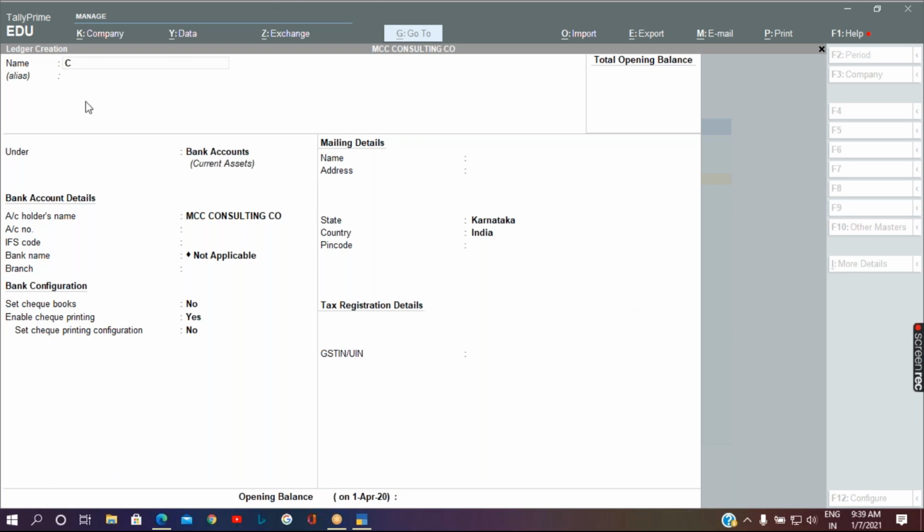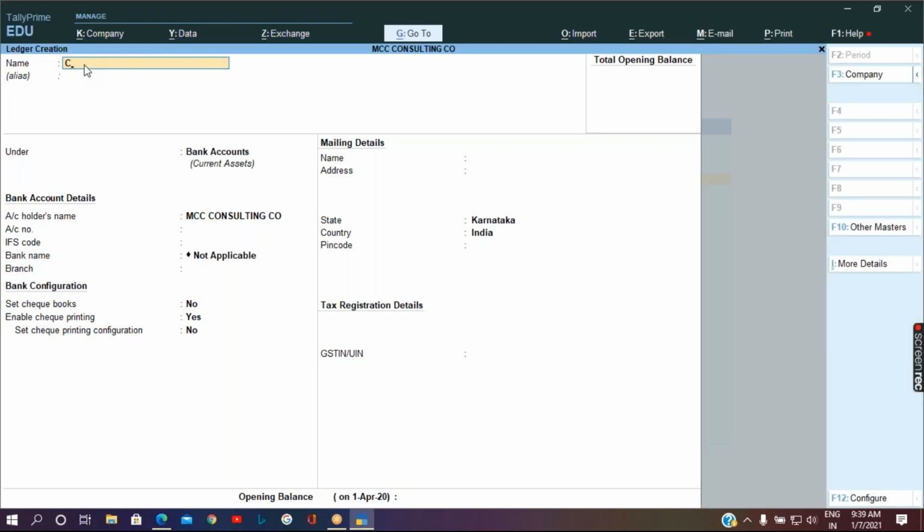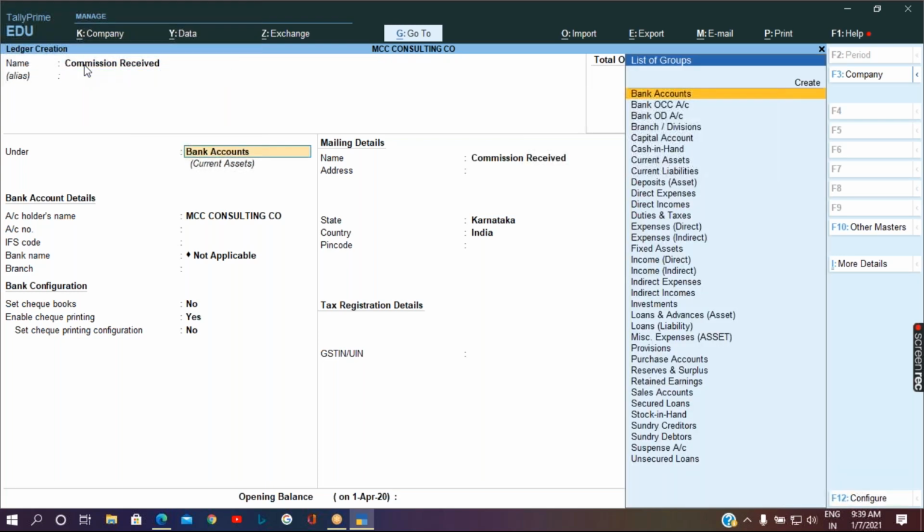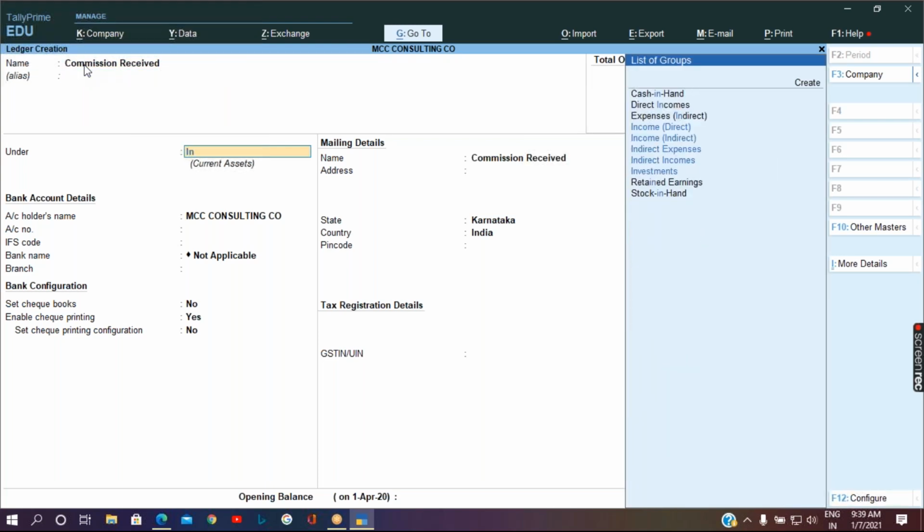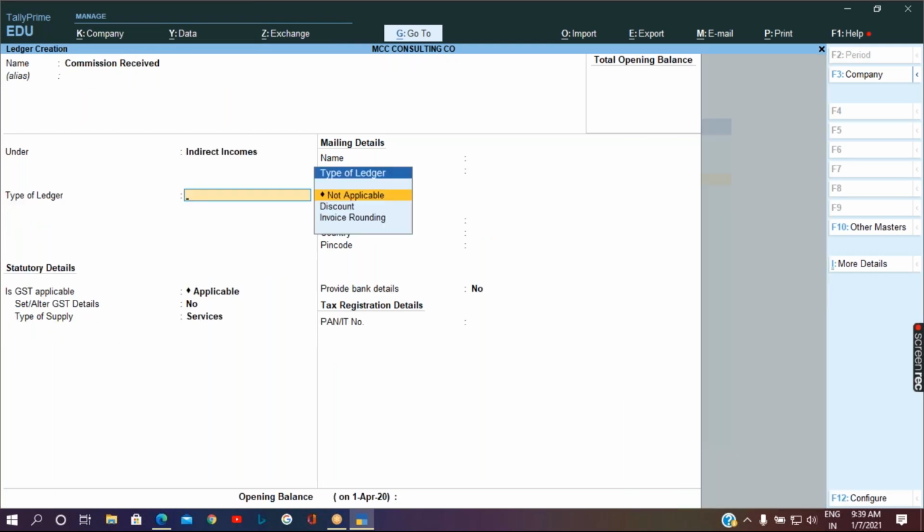Sorry for the inconvenience. Fine. So we are going to create the ledger called commission receipt, which should be created under indirect expenses, or sorry, indirect incomes. So let me keep the type of ledger as not applicable.